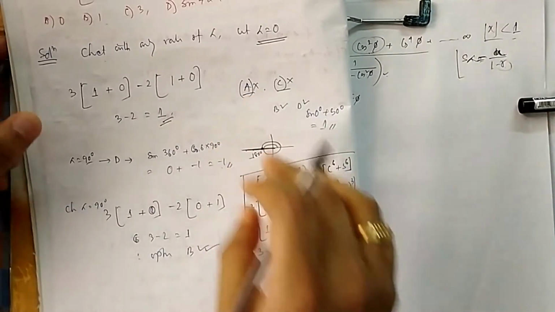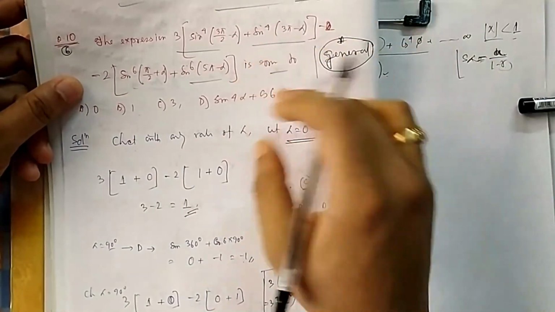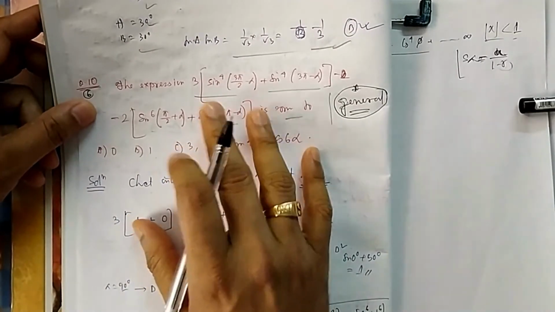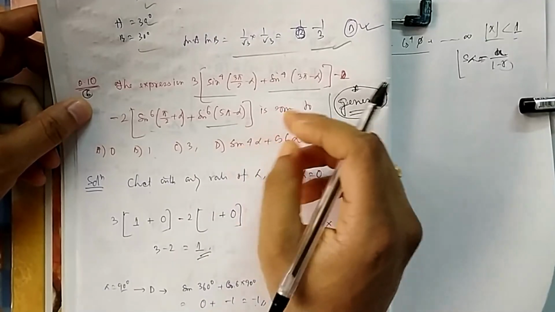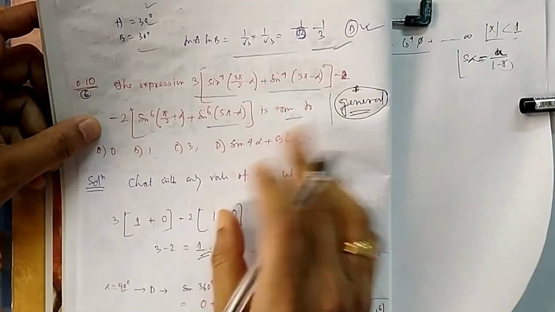So with solving also you can find the answer, but in exam if you are stuck, that's why I am showing it. This is applicable to any general question, not just trigonometry. You will find its application anywhere, in any chapter. If the question becomes a general approach, then you choose an arbitrary value and you see which option is satisfying. That one will be the answer.